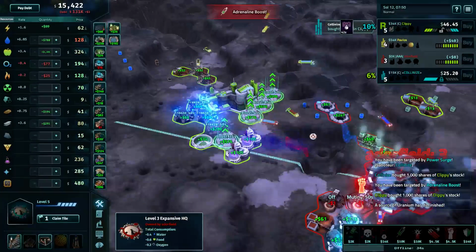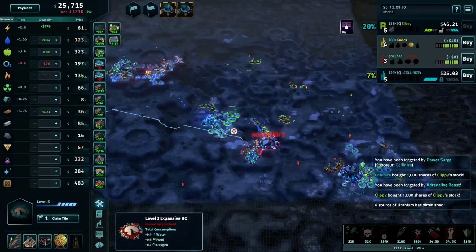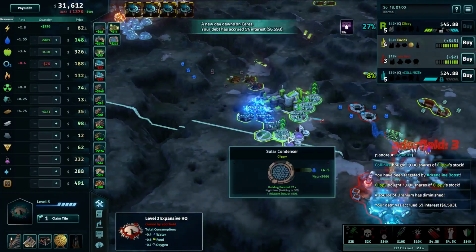Even if he sells out completely, he'll end up with 2 more shares. Clippy should defend himself pretty easily. I don't know why Clippy keeps boosting his solar panels right before night, but I guess he is getting liquid batteries soon, so